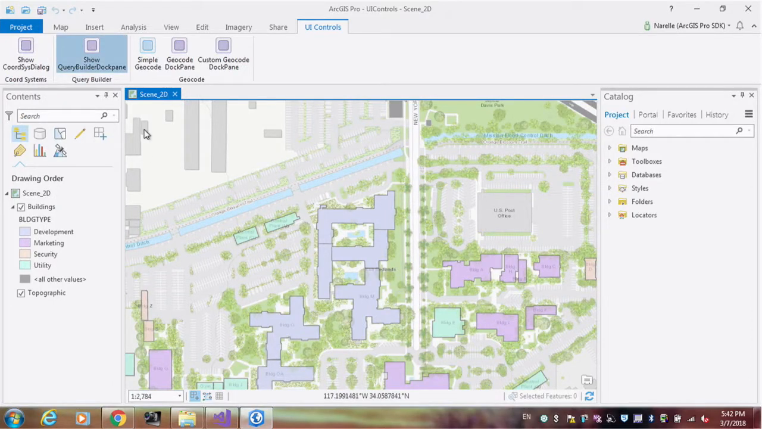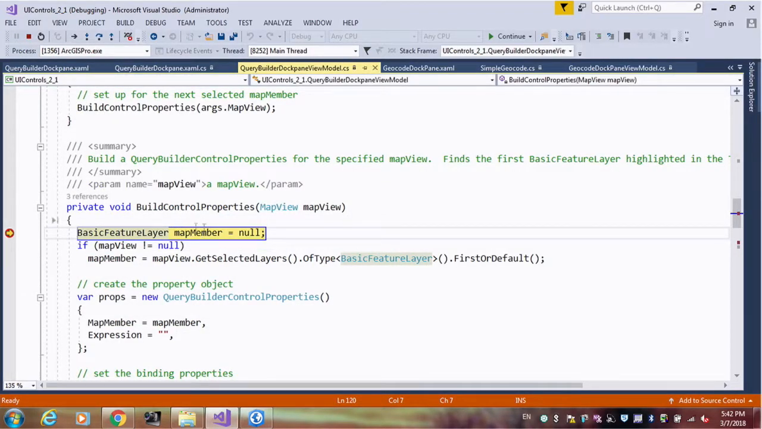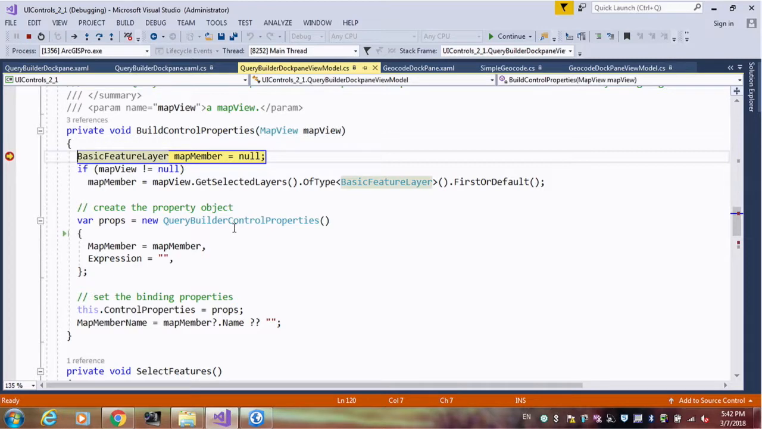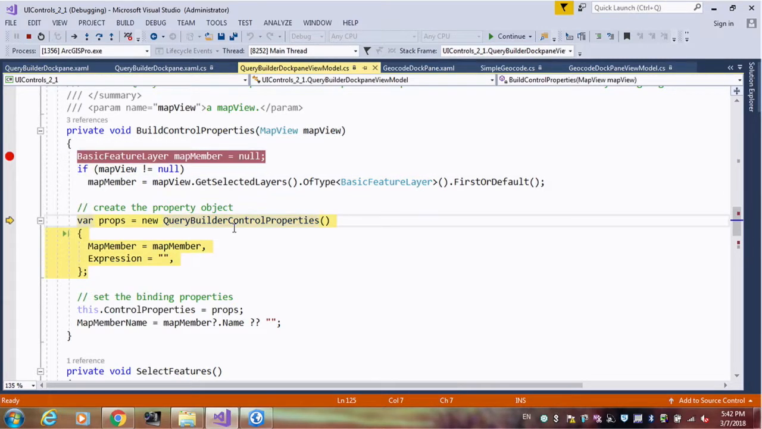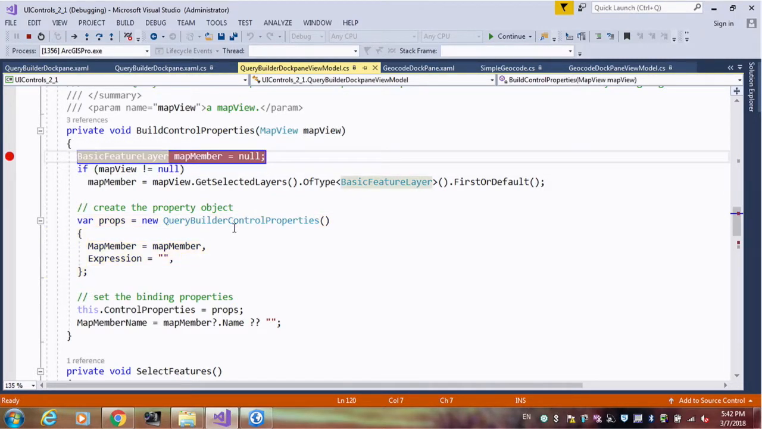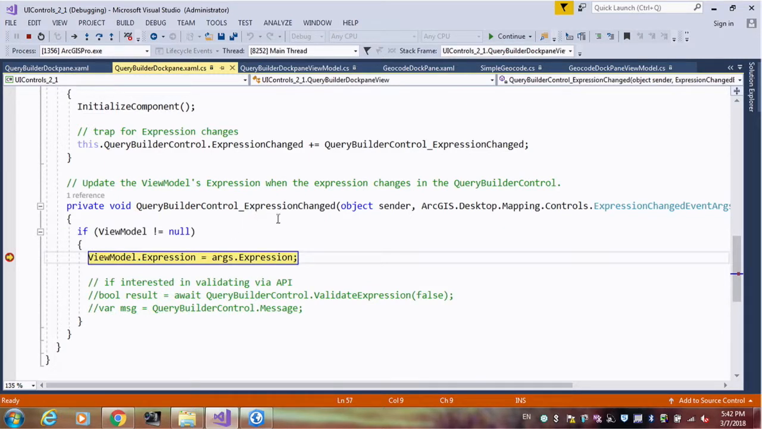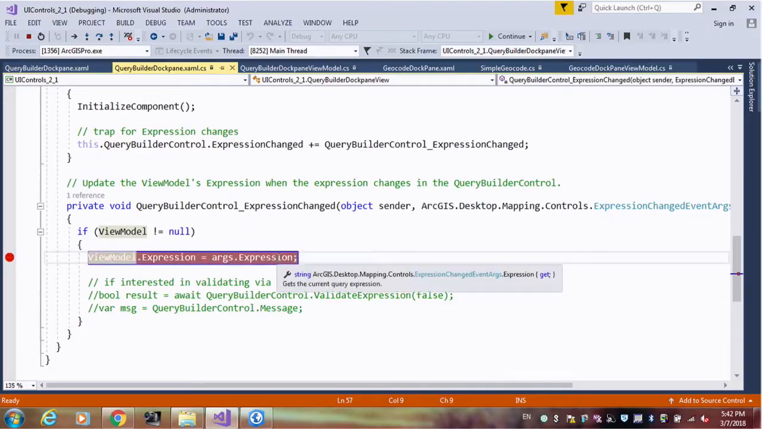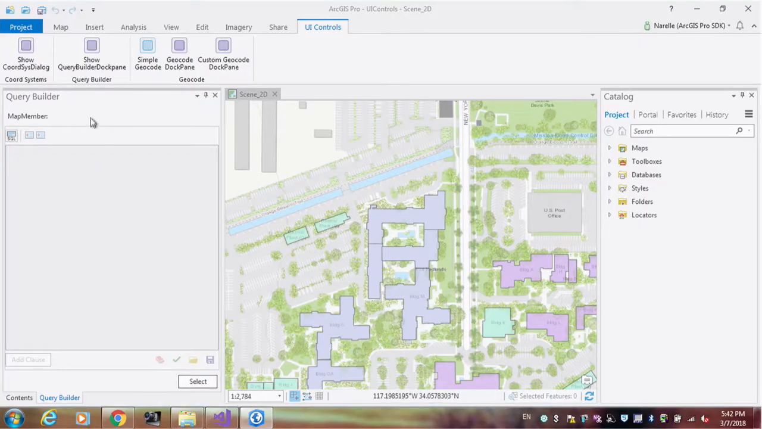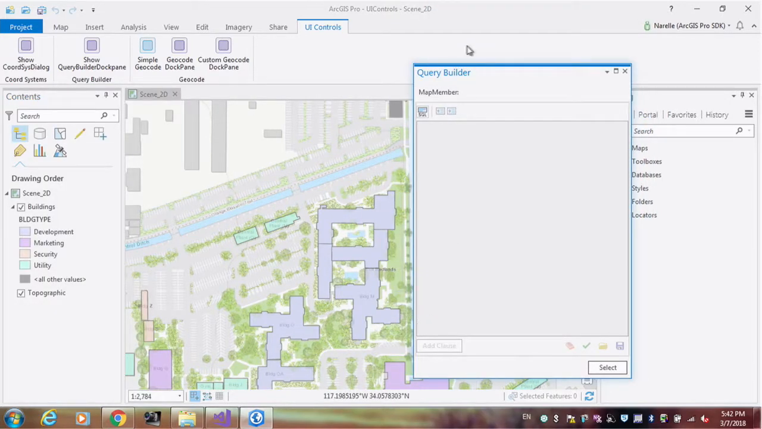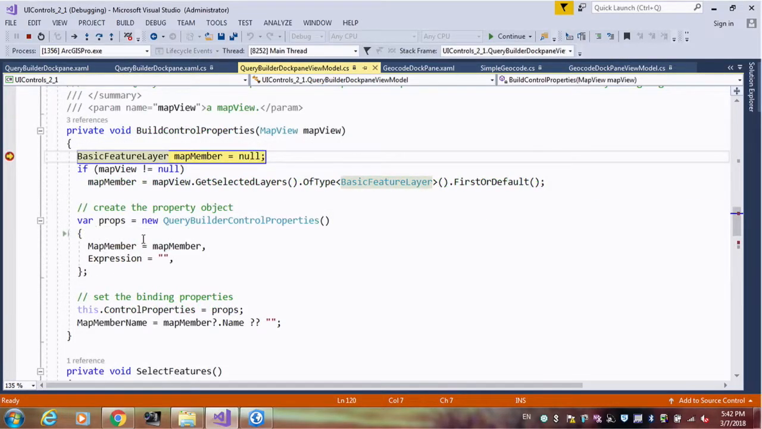So if I launch this, you'll see that it comes through here to build my control. And my expression change comes through because initially it sets my expression to be an empty string. And if I look at the doc pane over here, you can see that it looks similar to what you would see within the definition query on the layer properties. And if I go ahead and select a layer,